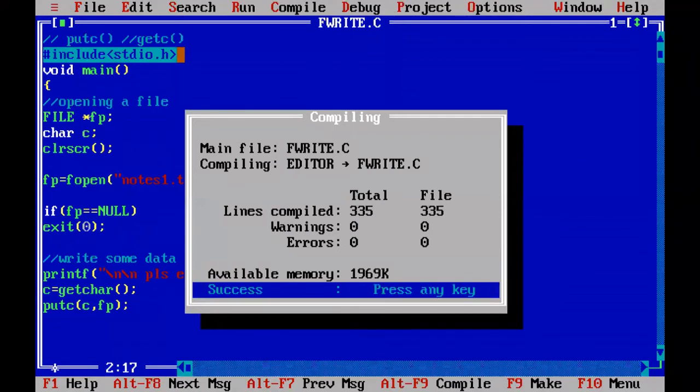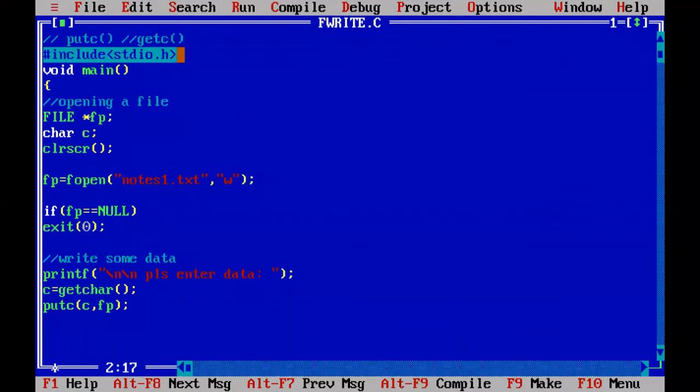Now zero errors. I already showed the directory, and in that the note1.txt is not there. When note1.txt is not there, the fopen function will create a new file with this name in writing mode and opens the file pointer. After executing this, we will see whether it is created or not.